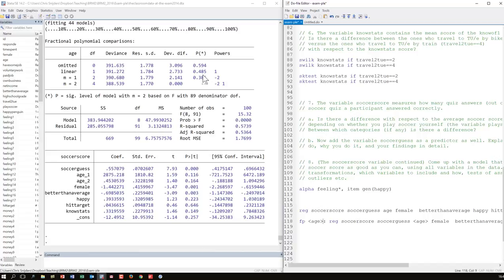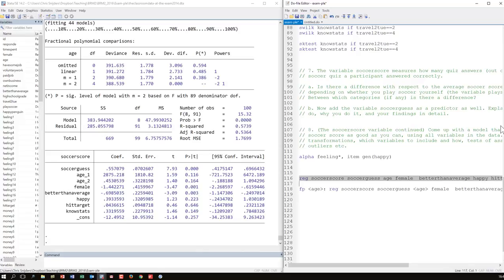And this is a comparison of the model where we have only one transformation with the one that is best. And here, apparently, it doesn't get any better. Same thing here. This is a test of the linear model, so the one with age in it. And we compare it with this one. This one is apparently not better. So it doesn't make much sense here to include either this or that transformation of age. Neither of these are any better than the one that we had. So here I would argue, okay, so now I really do not see any argument why we should include age at all. Let's get rid of age as well.